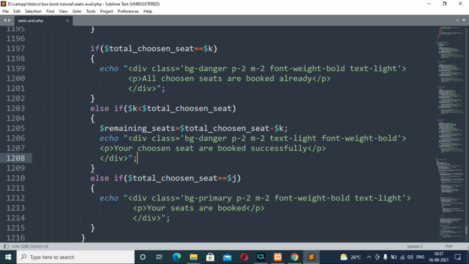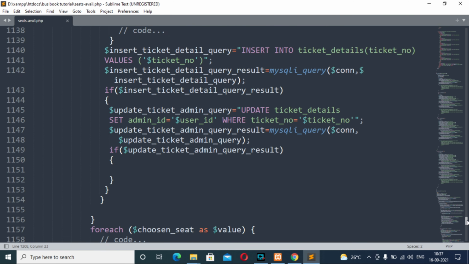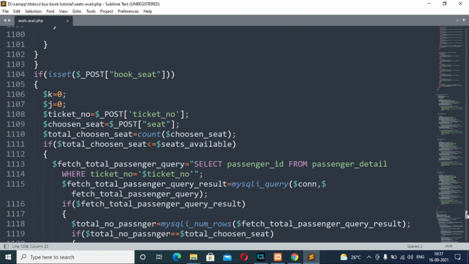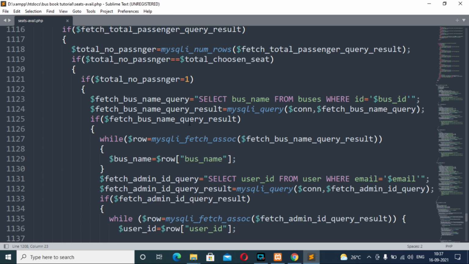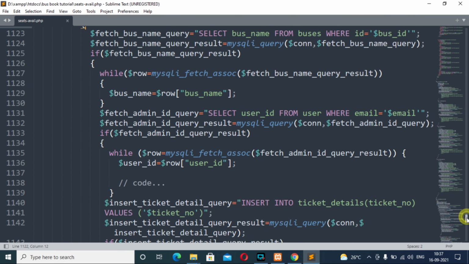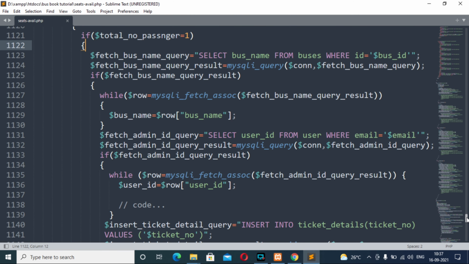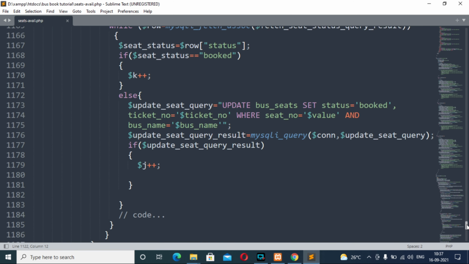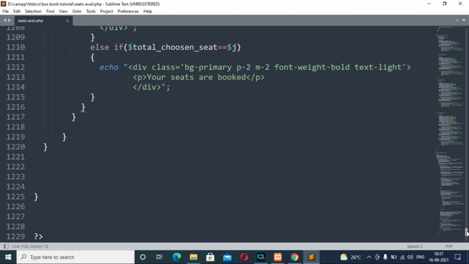So to copy this code, first let me check where this code ends. Follow this cursor. Where is it? Yes, here.